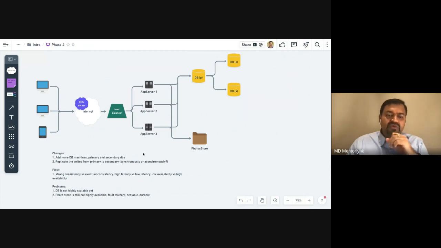There is a trade-off, right? If you do write to all three replicas synchronously, meaning you will write to database primary and secondary one and secondary two, and then you do an ACK back to the app server that goes back to the client saying that I've written your write, whatever it is, a photo upload or modification or whatever it was, right? What you have done is you have increased the latency, right? But at the same time you have increased the consistency. So high latency is bad, but consistency is good, because at the read time you will read all the three replicas have same value, right? So you read consistent value.